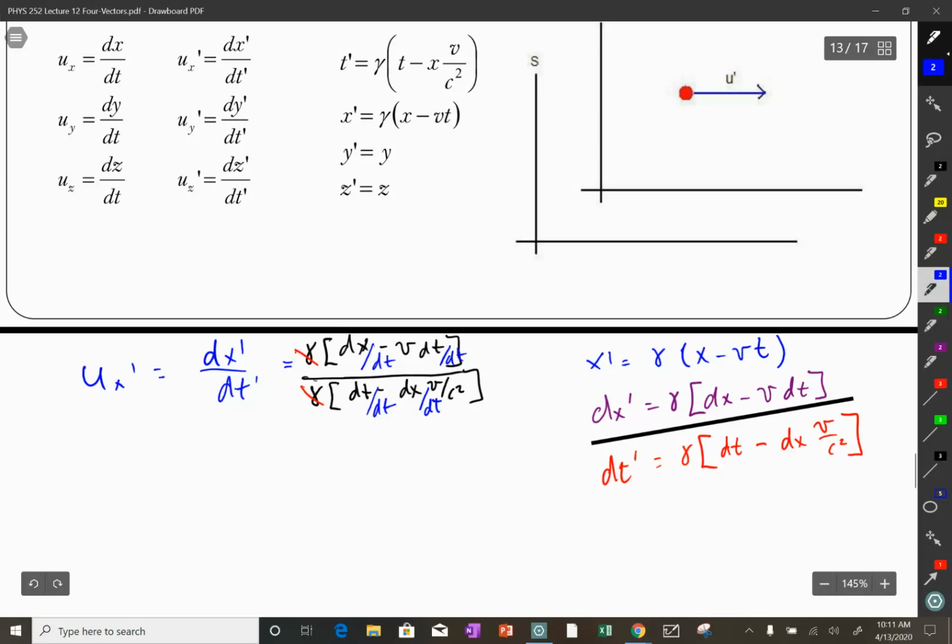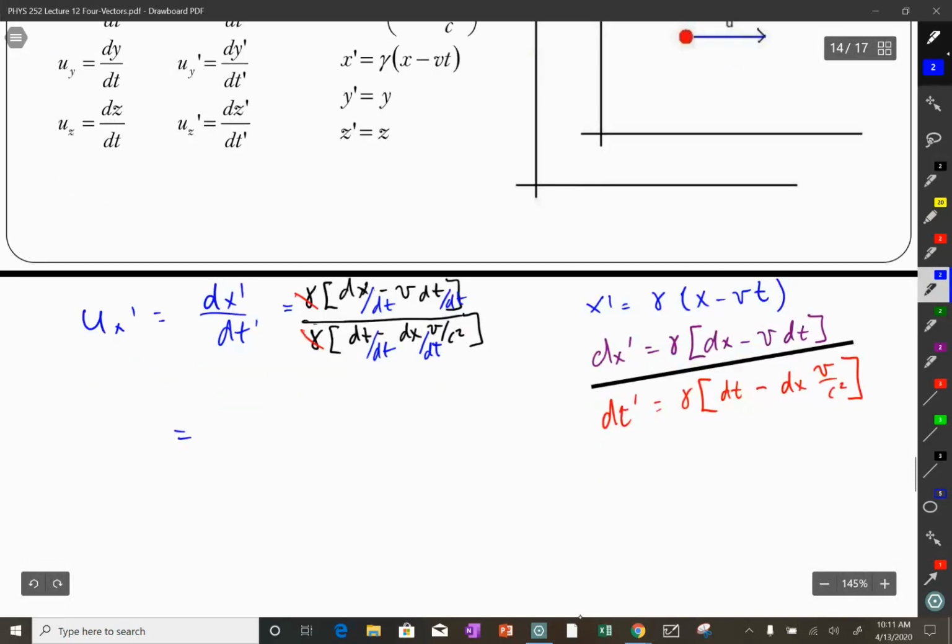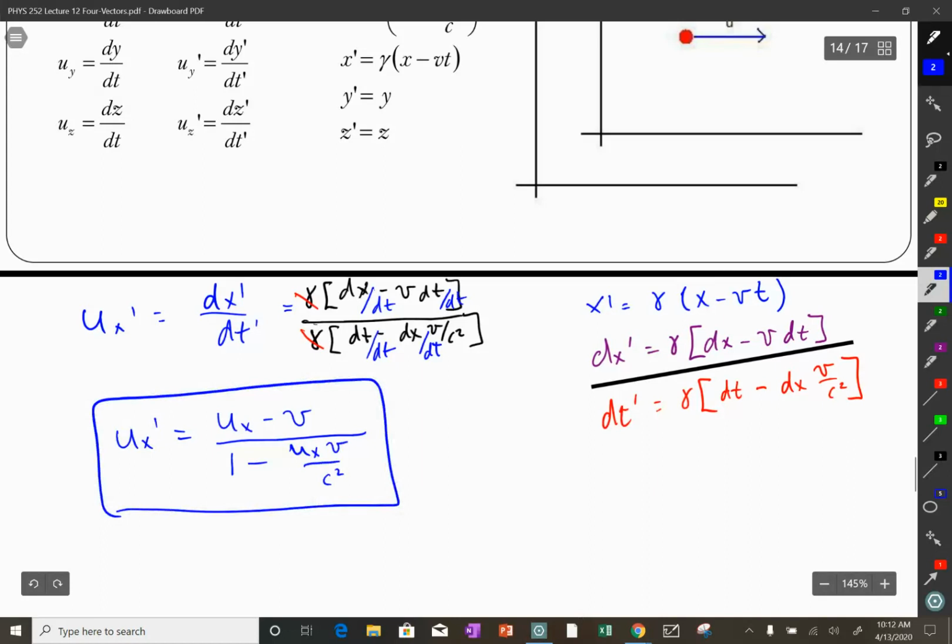So I multiply top and bottom by dt in essence. But then that simplifies because dx/dt is, of course, ux. So this is equal to ux minus v, and then dt by definition is 1, over, and on the bottom I have dt, that's 1, minus dx/dt, again ux, v over c squared. And there you have it. There's the equation for the